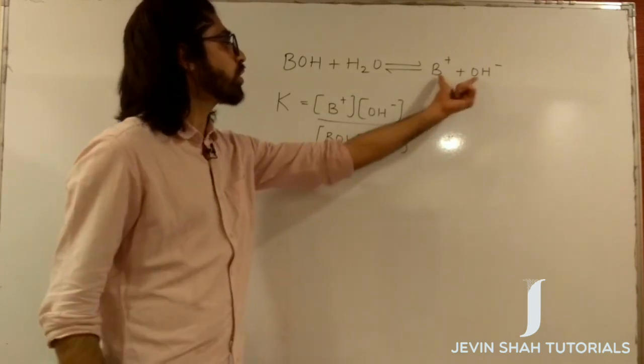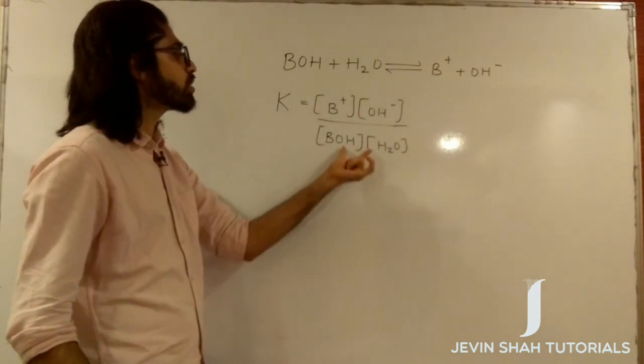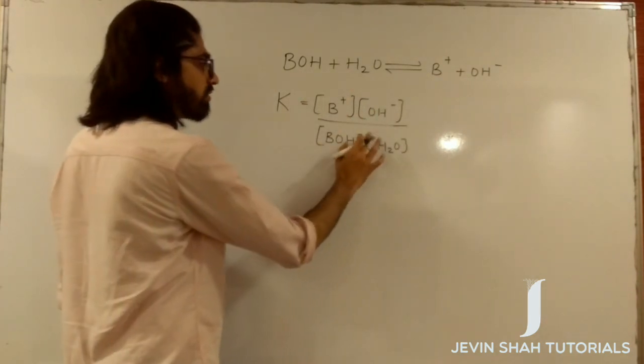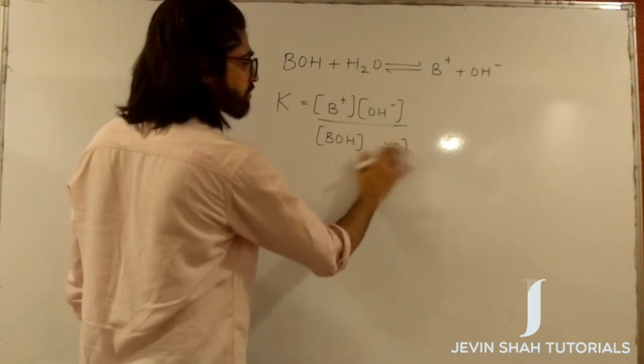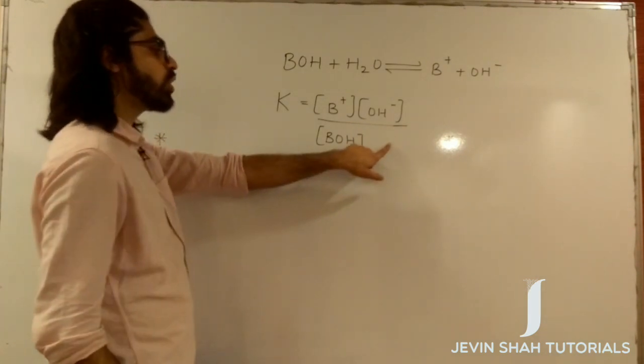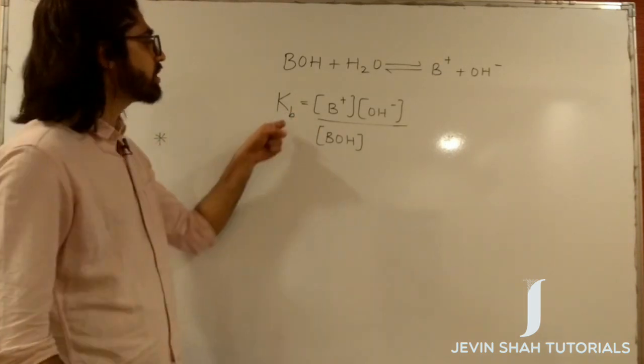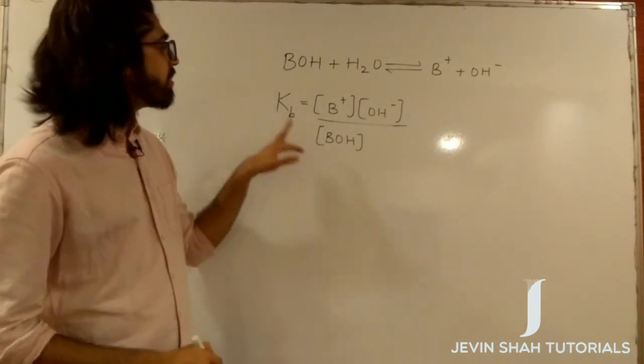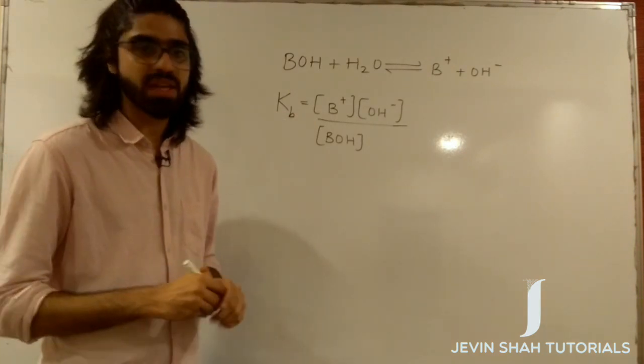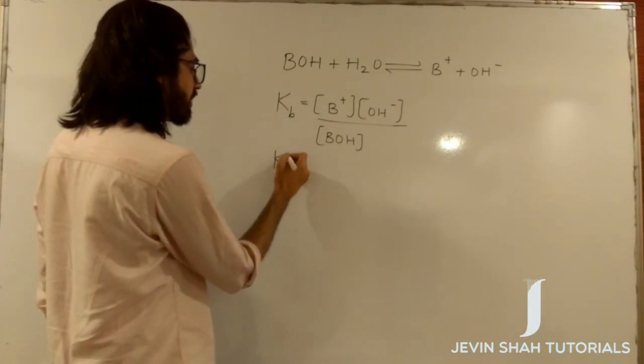It is the multiplication of the concentration of products divided by the concentration of reactants. That H2O will remain a constant because H2O is present in excess. That constant goes here, gets multiplied with K, and the final constant is what you will call Kb. And Kb is the dissociation constant for the weak base. Now the value of Kb can be written as,